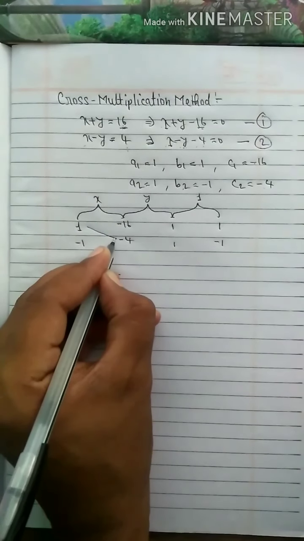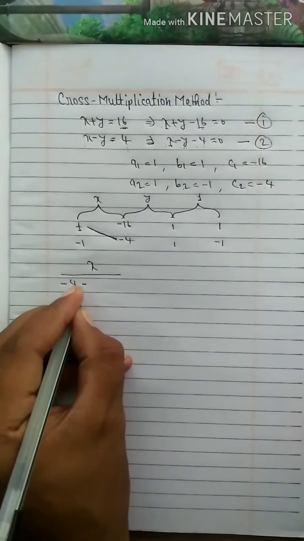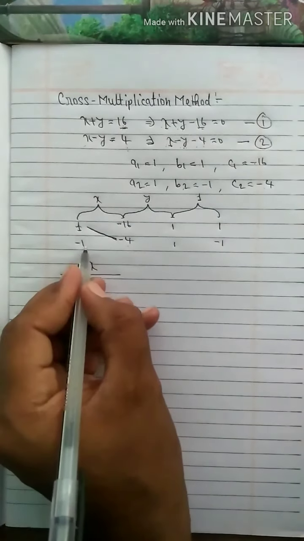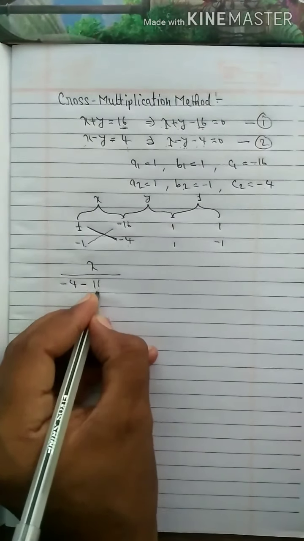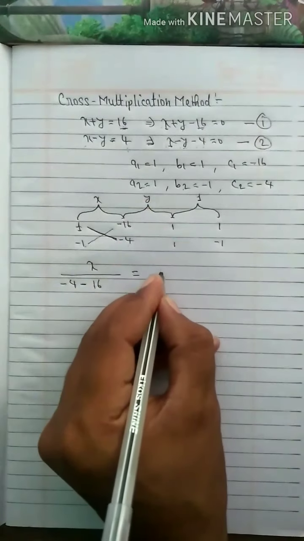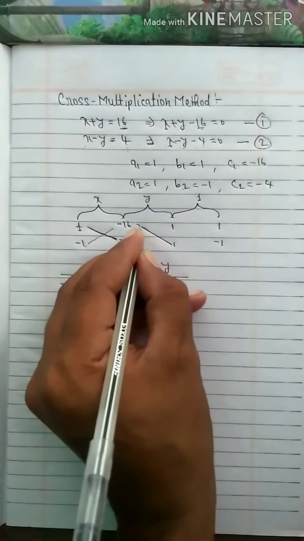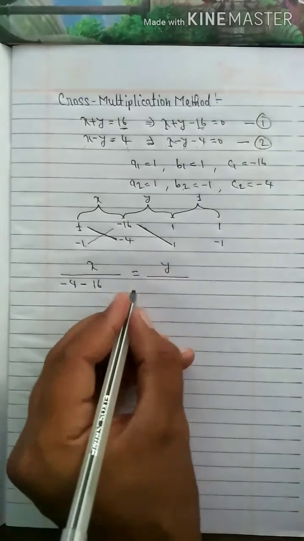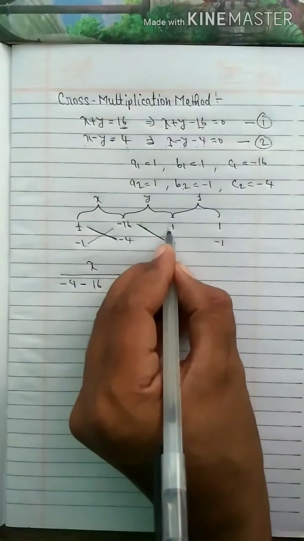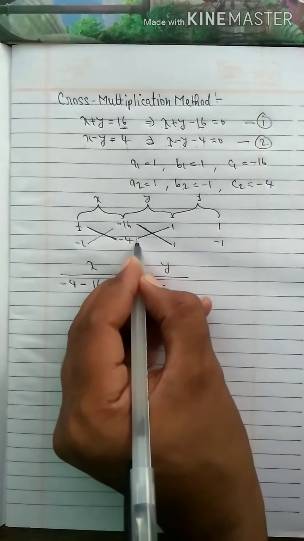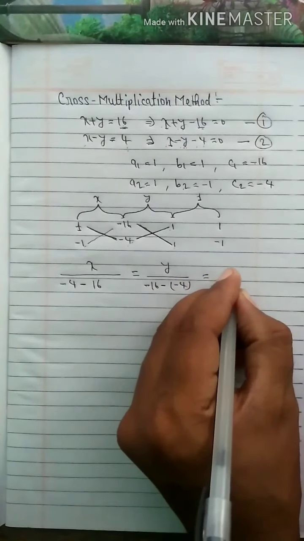So first of all we will cross multiply like this. 1 into minus 4, minus 4, and then after negative sign, and then after we will multiply like this. So minus 1 into minus 16 plus 16, this equal to, and now y equal to. So now here we will cross multiply firstly like this. In this direction firstly we will multiply minus 16 into 1 minus 16, and then after mark here negative sign, and then after we will multiply minus 4 into 1 minus 4 equal to,